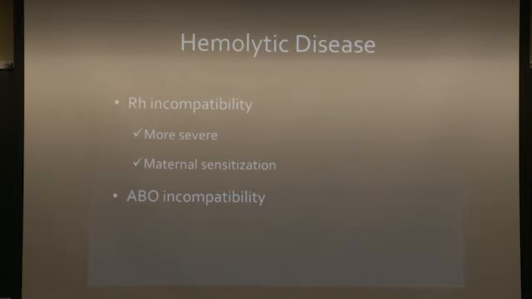Hemolytic disease. Let's talk about this. You have two kinds of hemolytic diseases. There's Rh incompatibility and ABO incompatibility. So Rh is when an Rh negative mom has an Rh positive baby. The mother forms antibodies against the fetal blood cells. Women will become sensitized in their first pregnancy, and antibodies will cross the placenta, resulting in fetal anemia, neonatal jaundice,